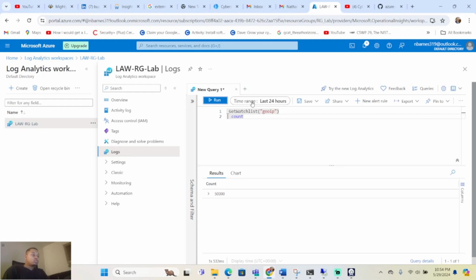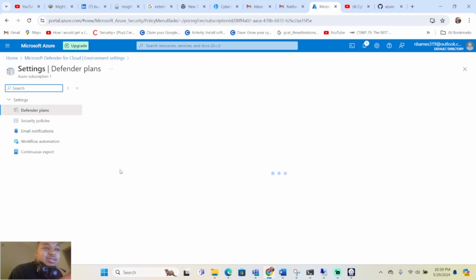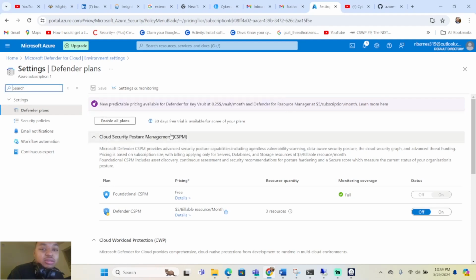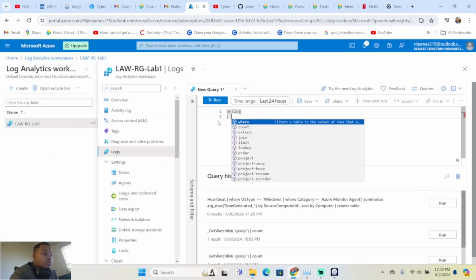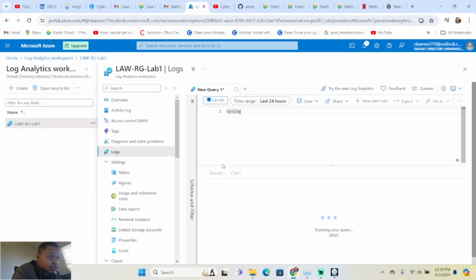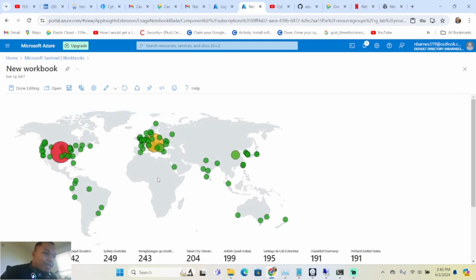After all that, I created a log analytics workspace and was basically researching the queries and gathering network data. It took a while for me to pull them up, but it was eventually able to come up. I was setting up a bunch of stuff on there, such as the defender plans, data collection rules, and editing the diagnostic settings. After that, I would run some codes I imported from the diagnostic setting for the log analytics workspace, and then I created a workbook for all the failed login attempts and the generation implementation I did from Linux. For some reason, I could not do the same from PowerShell due to lagging issues, but you can see